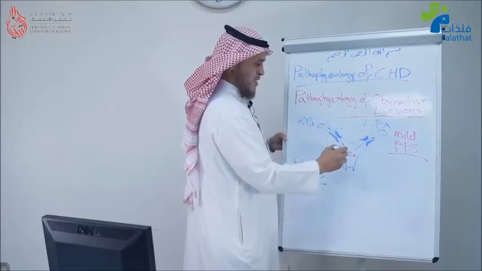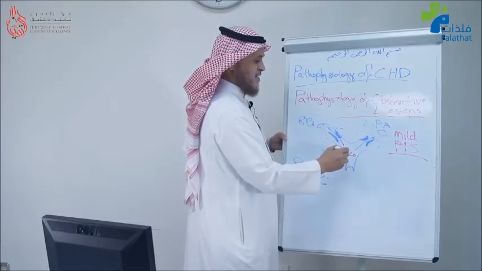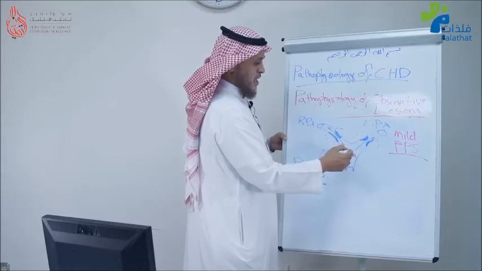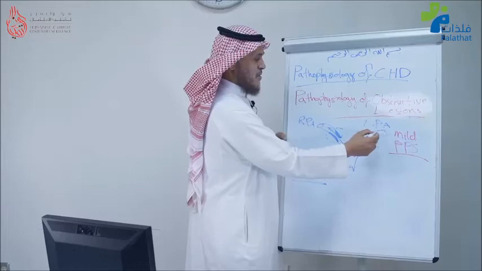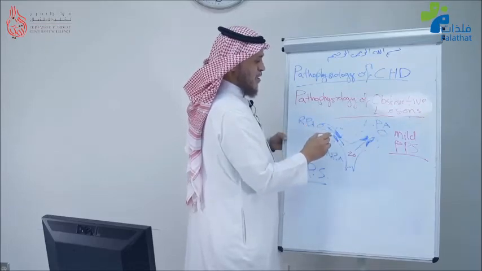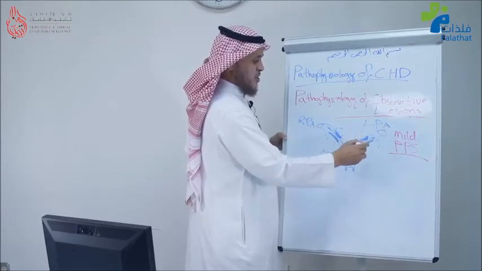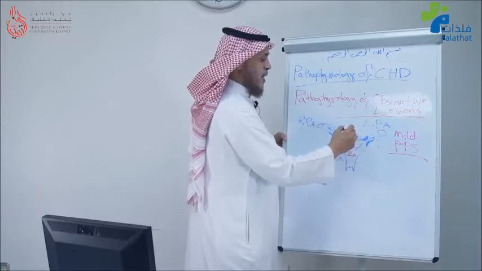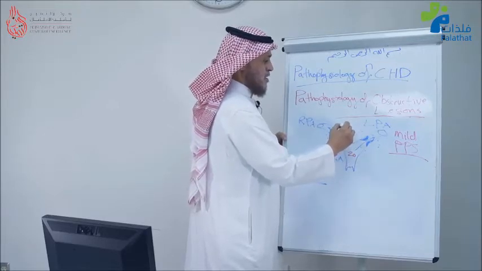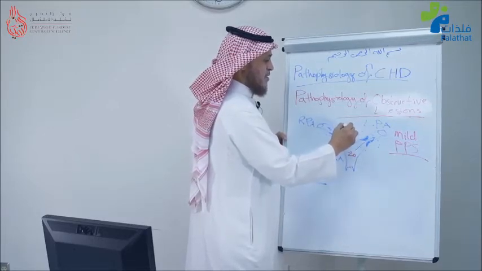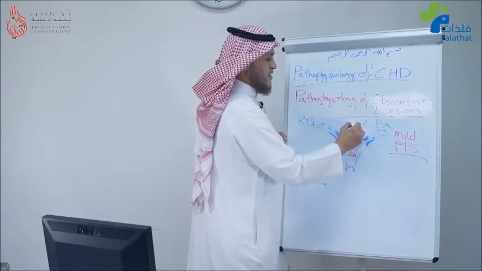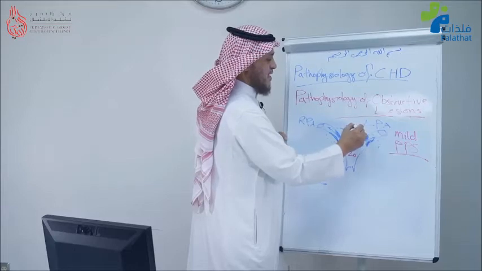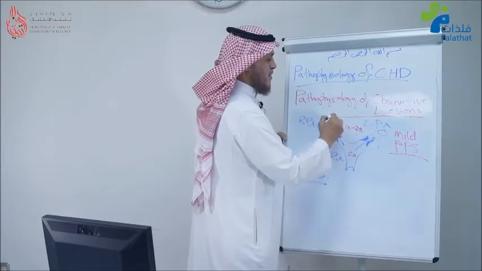If there's a gradient between the main pulmonary artery and the distal branch pulmonary artery beyond the obstruction of around 15 to 30, or 25, let's say, millimeter mercury mean gradient difference,